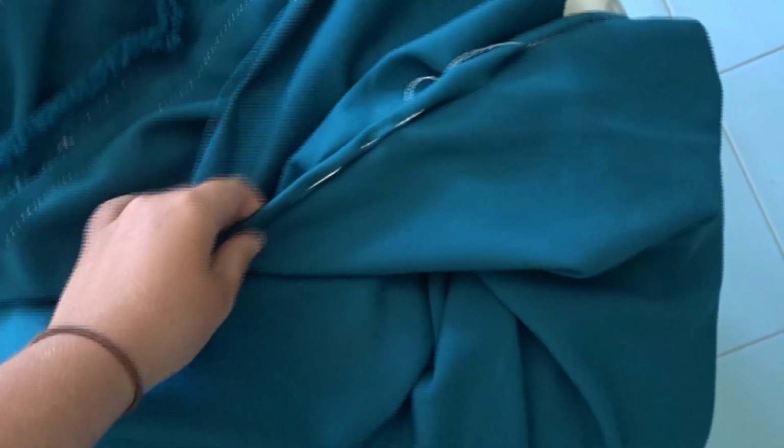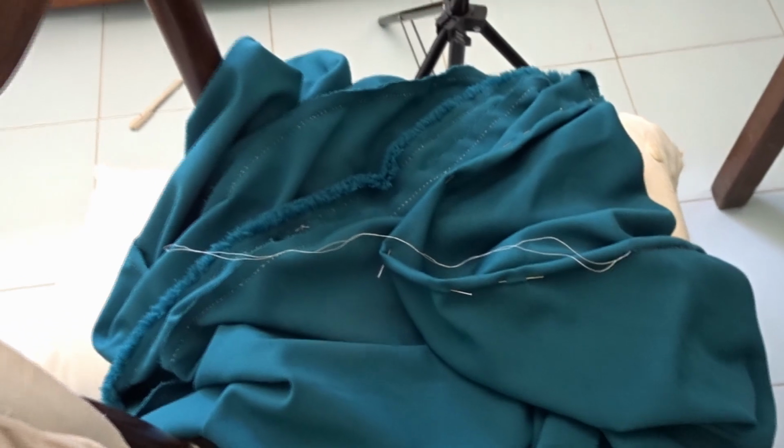So I have greatly underestimated my speed. I have finished the structural seams of the apron dress. It is now all seamed together, and I am moving on to hem the top. I think I'm gonna hem the bottom last. So I'm hemming the top right now. I'm almost halfway through hemming the top. And I have also made the straps, which I need to iron. So right now I'm gonna finish hemming the top and start marking out the placement